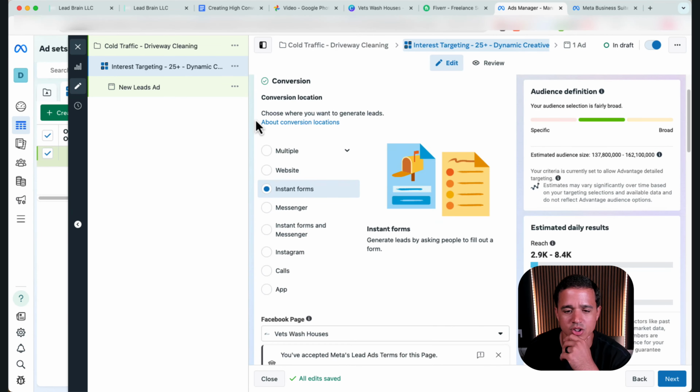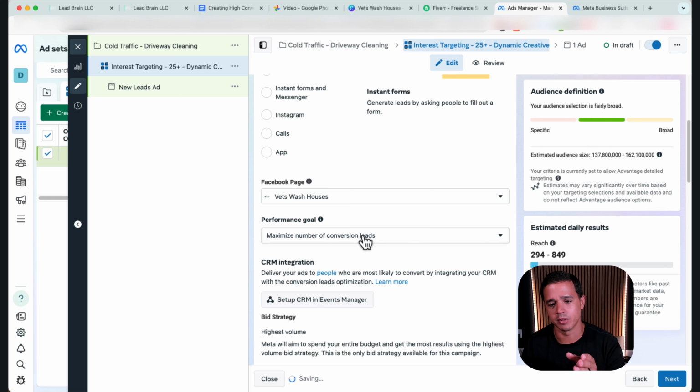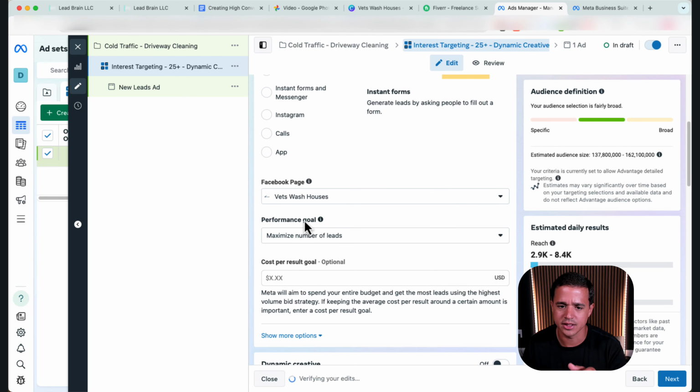And then right here is, in the last video I showed you about the Facebook pixel. And right now we don't necessarily have any data here. But this is where you would come in and you can say, hey, I want you to optimize for estimates set. Now, we don't have data in here, so we can't choose that. So I typically start with maximize number of leads up front.